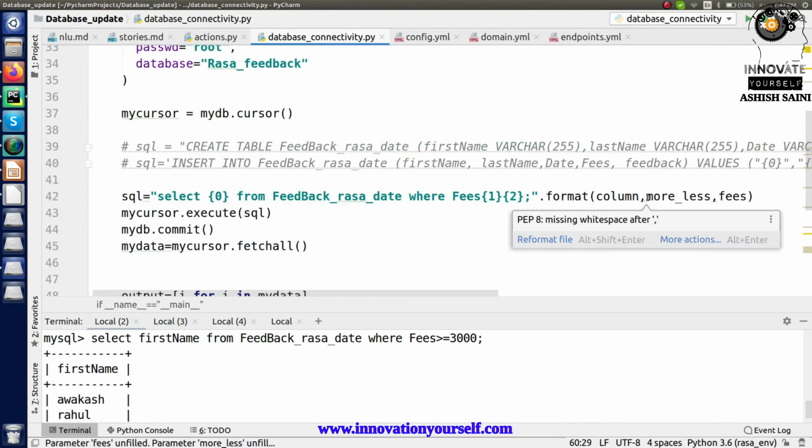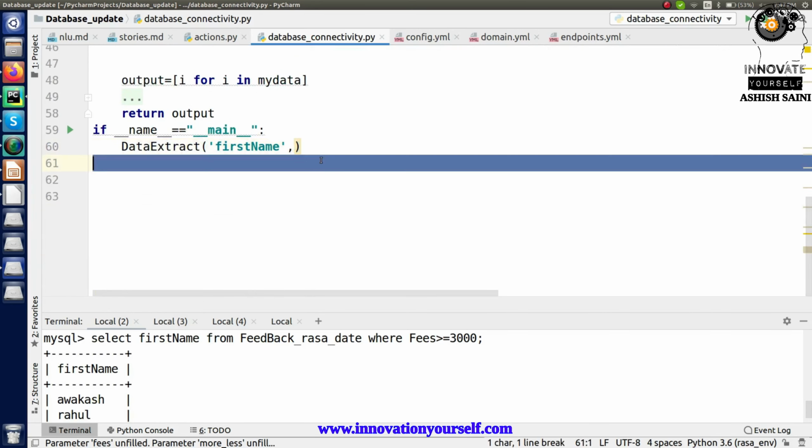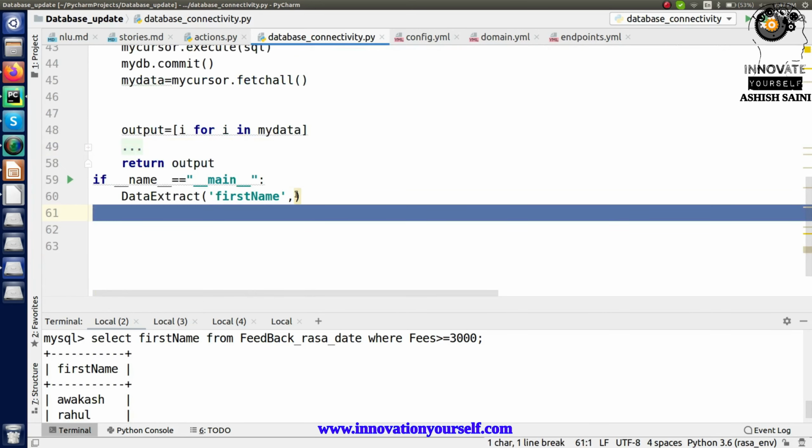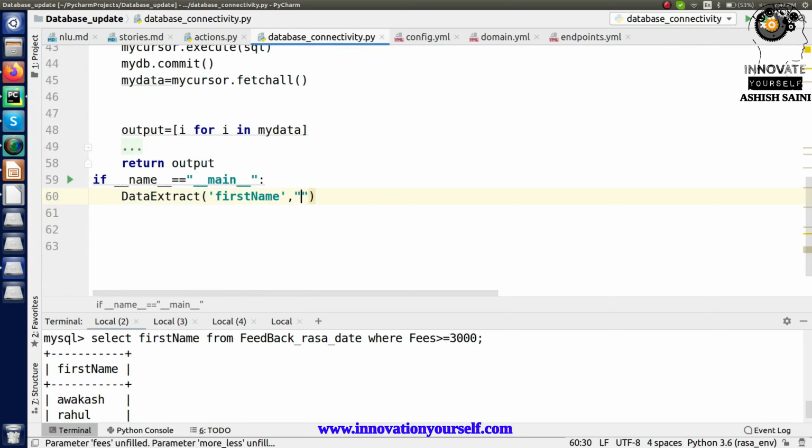But right now, as I know, on the front end part, on the chatbot side, I will be having the values in the form of more than, more equal or something like that, right? But I have to make the changes accordingly, so I will make it there. So in here let me just mention it like this. Let's say greater than equal to, and accordingly the last value is 3000, right? Whatever it is, I don't care. So I'm done up to this point.